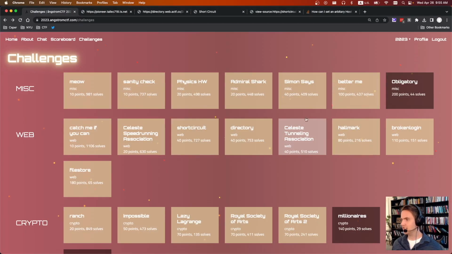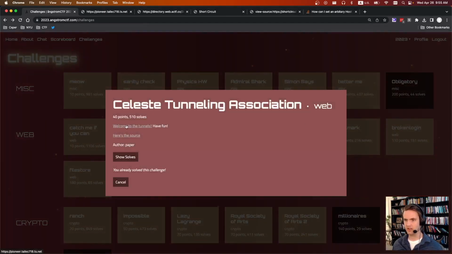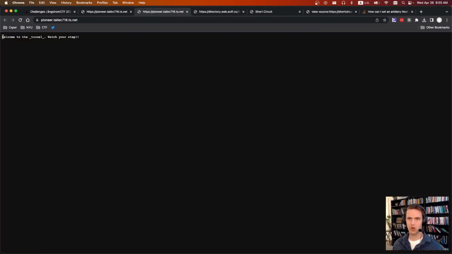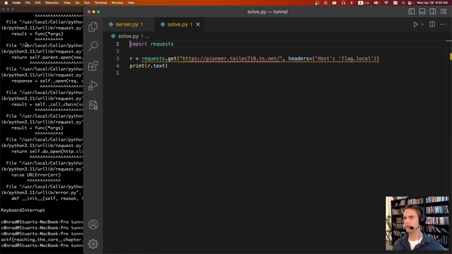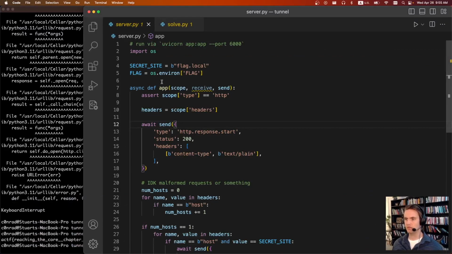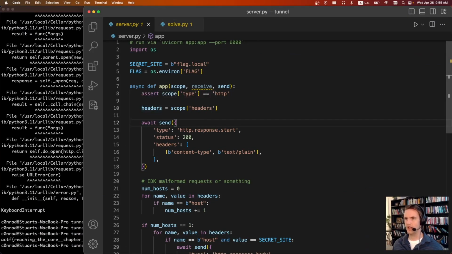The next challenge is Celeste Tunneling Association. It says welcome to the tunnels, and we also get the source. So if we go to the URL, it says, welcome to the tunnel, watch your step. If we view the page source, there isn't too much, there's just one route, and basically it's going to validate